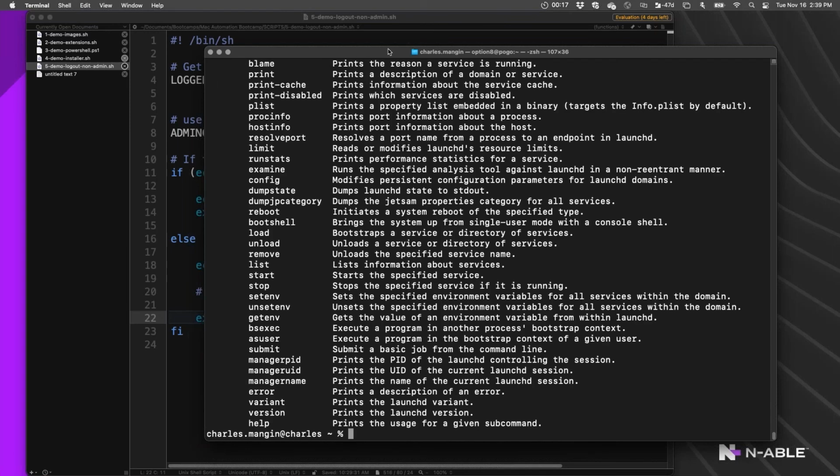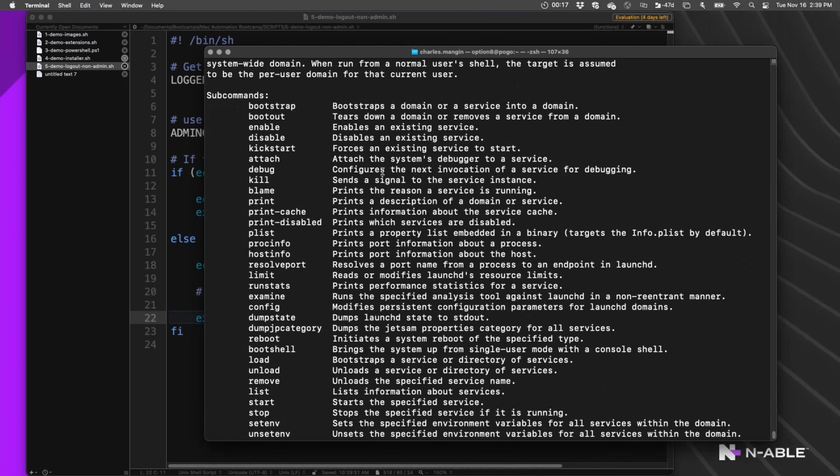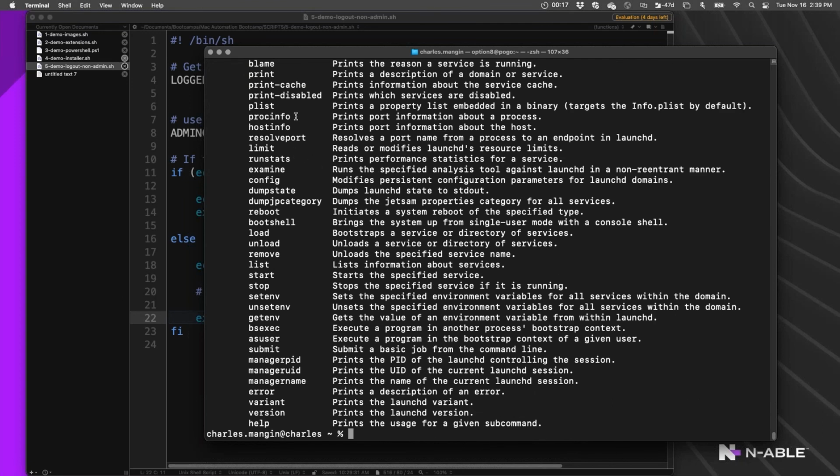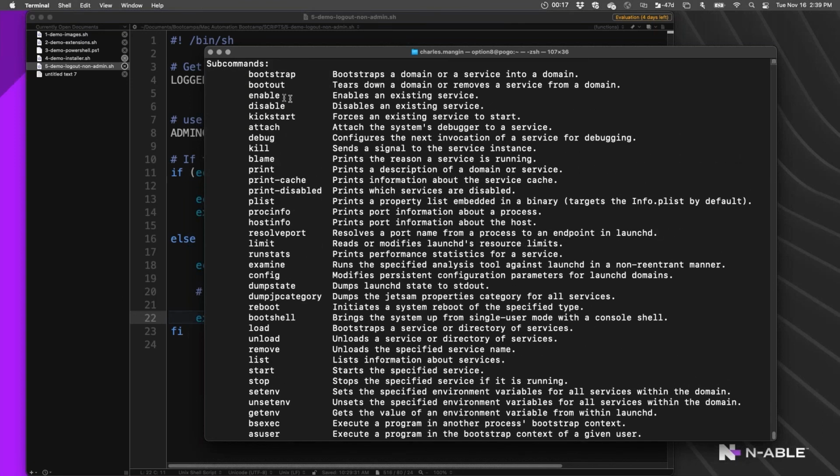And launchctl has all of these different actions that it can do. For instance, it can bootout, which removes the service from the domain. So what it'll do is actually bootout, and you give it the service name for the console that the person's logged into, and it will kick them out.